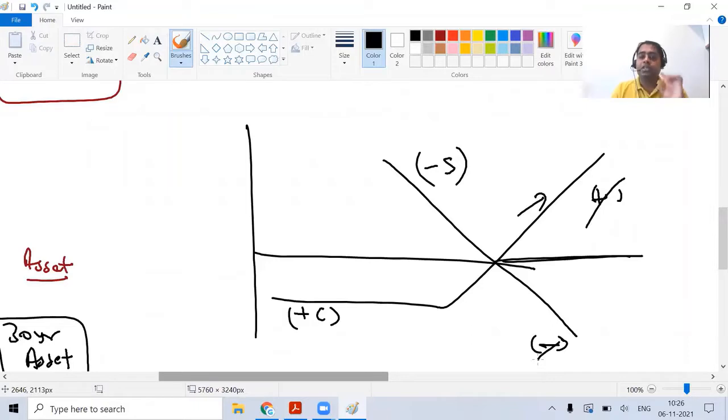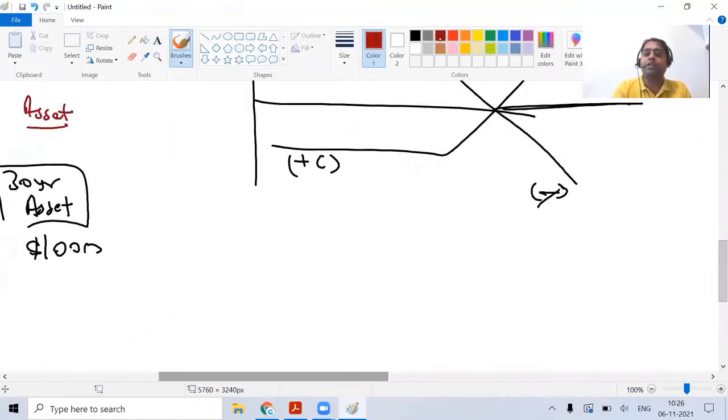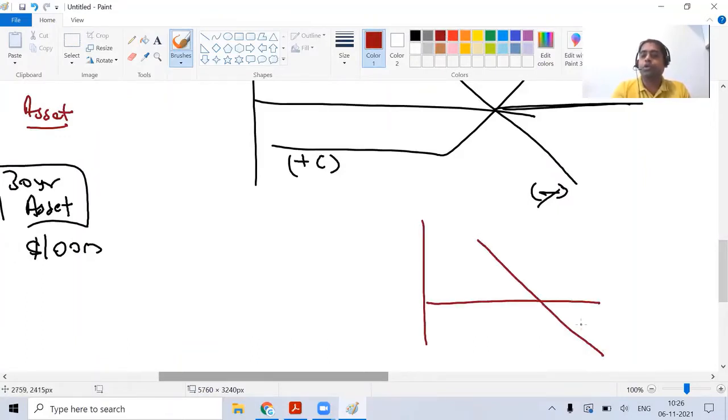Right? So think about this situation. Suppose you have already taken a short position, short stock, and you are worried about asset price going up, so you can take a long call to protect it. Do you agree? Do you agree with this situation? Right, this is the first situation.